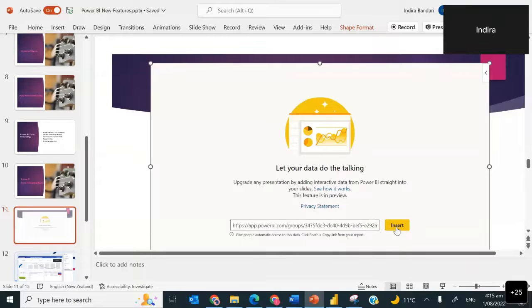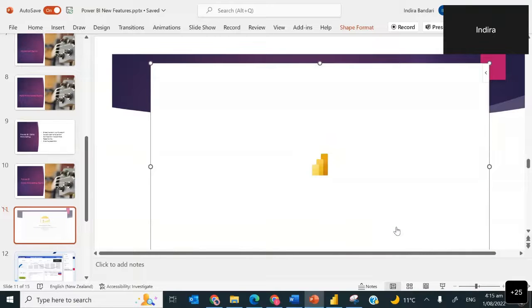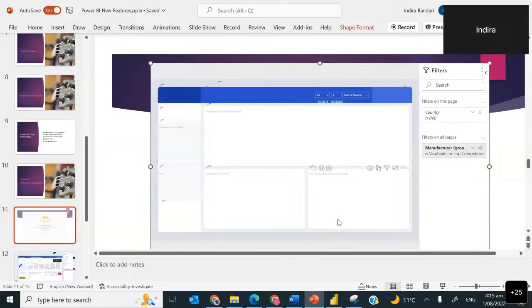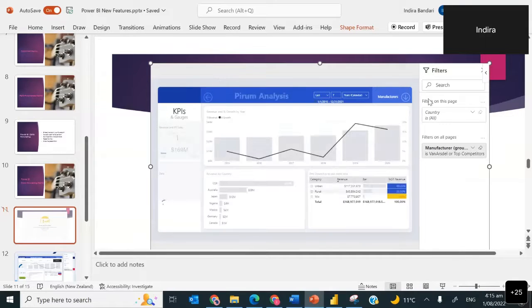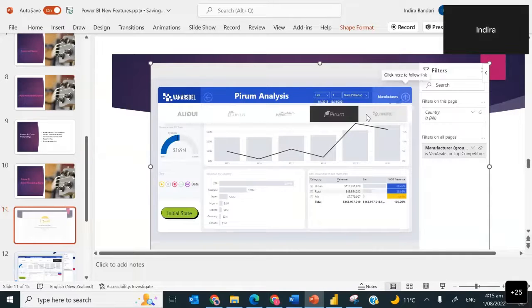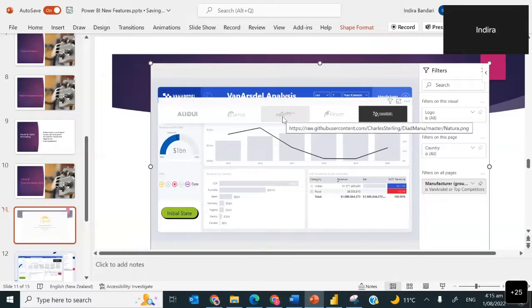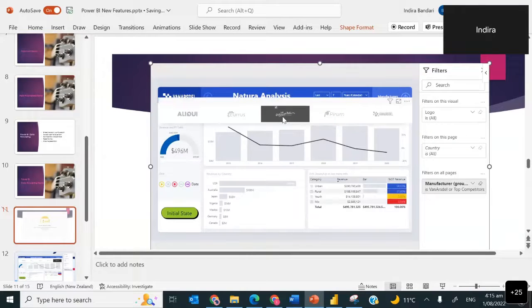If I say insert, it should not work, but oh, it is working. But I think it won't change. Let's say, see the interactivity. Oh, it is there. Okay, so you can use that, or there is another way of sharing, which